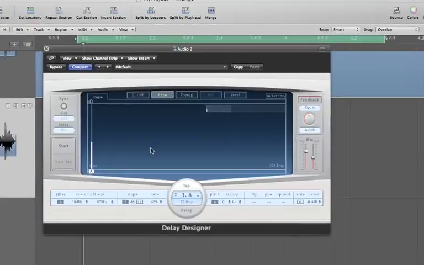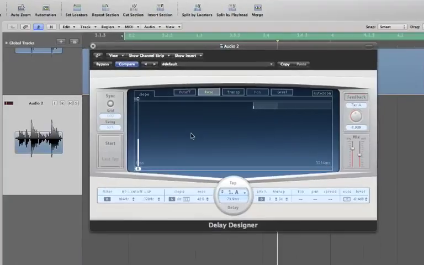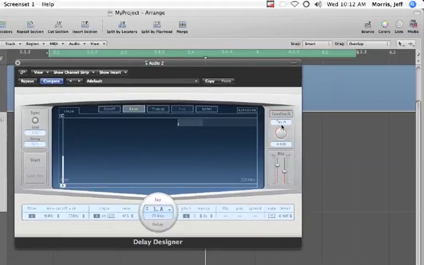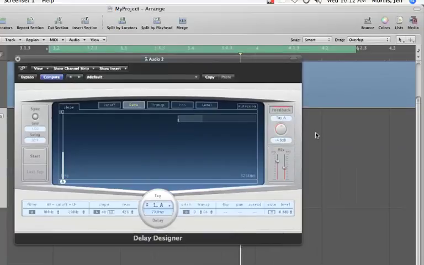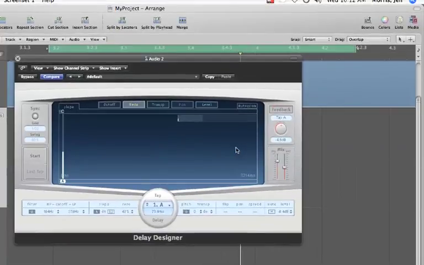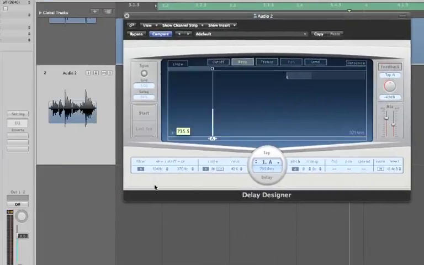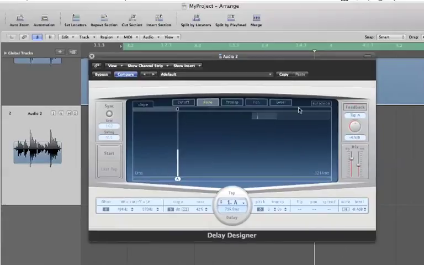So the more we add resonance here, the more the filter's going to sing along, keep ringing. And so that's a volume adding feature, and so we're going to want to back off on the feedback, but we can get some cool effects that way. Okay, so we can not only control the level